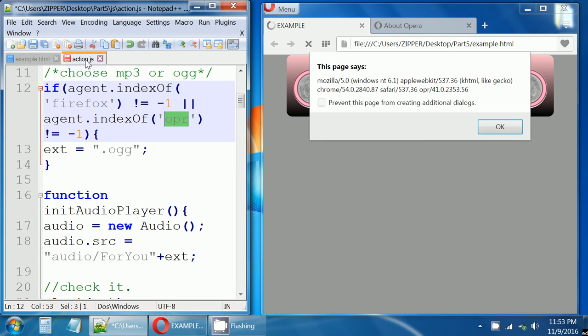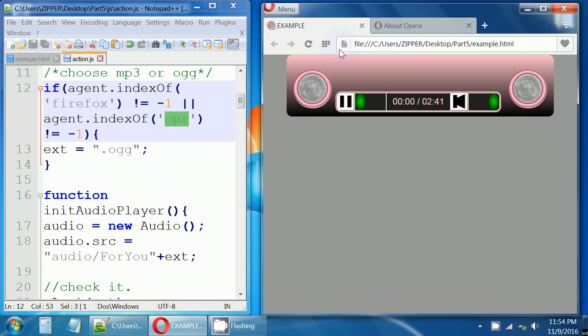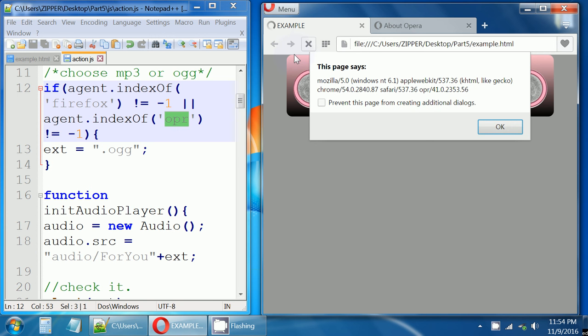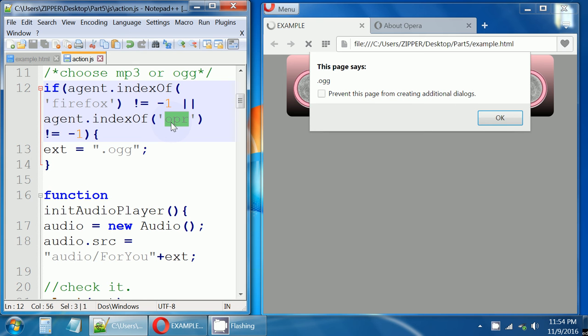So now I'm going to click OK. Now it still says MP3 because although I made these changes, I didn't get out of this run right now. It's still running. It has not been refreshed since the change. So I click OK and I refresh it. So now that I've refreshed it after the run, when I click OK, the next box that comes up should say OGG. So I click OK, and yes, it in fact says OGG because now it recognized a string. It found a recognizable string in that browser conglomeration, and so at that point it did change the value of ext to OGG, and then